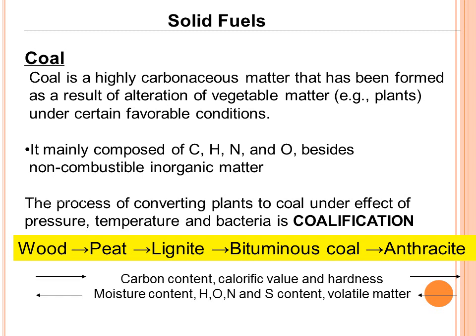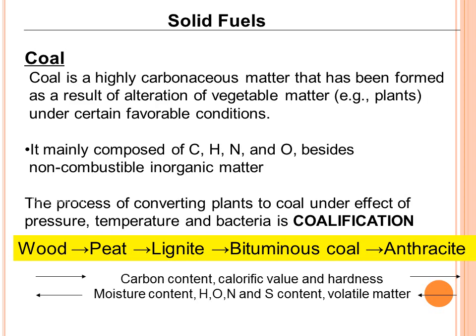We are interested in calorific value, because it decides the price of the coal and the purpose of its use. For domestic purposes, we can use peat or lignite. But for industrial purposes, where we want a high calorific value, we can use anthracite. But its price increases from peat to anthracite, as its calorific value increases. Now, to decide the grade and rank, some analyses are done.